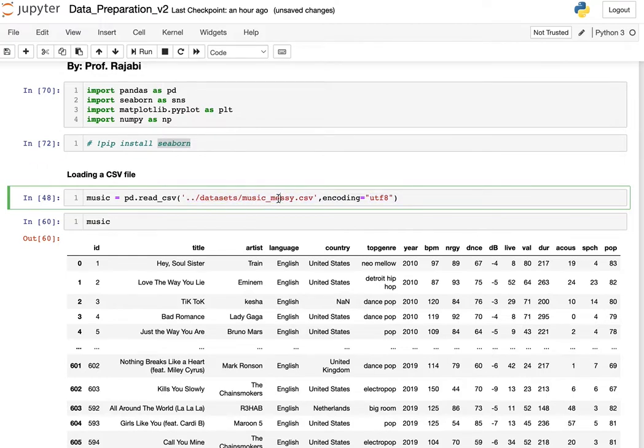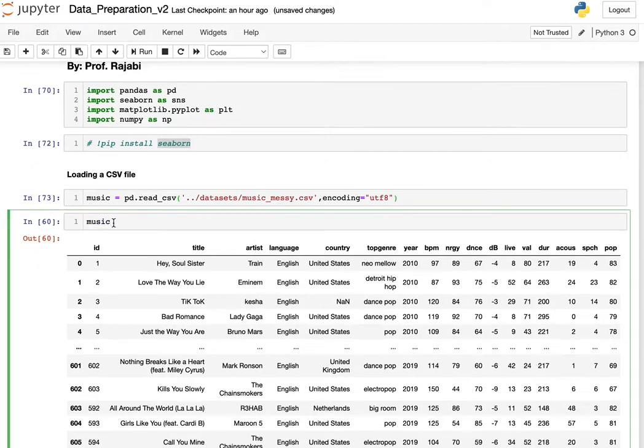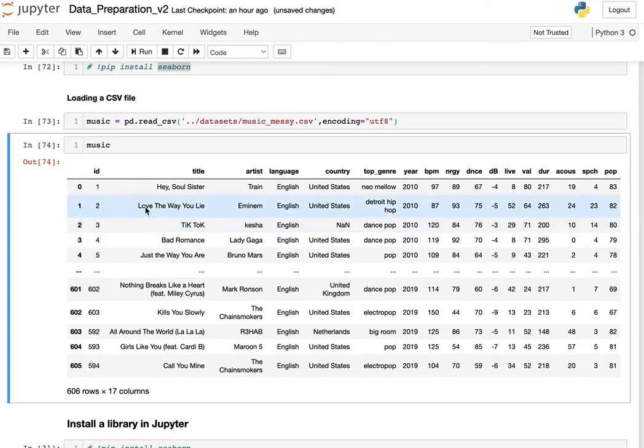and this is the path to this dataset. Here it says that in the current folder that I'm running this Jupyter Notebook, we don't have any music dataset, but in the upper folder we have a dataset folder. Inside of that folder we have a dataset named music messy, and the extension is CSV. So I run it, and it doesn't give me an error, so it seems all good. So we can proceed to see the dataset,